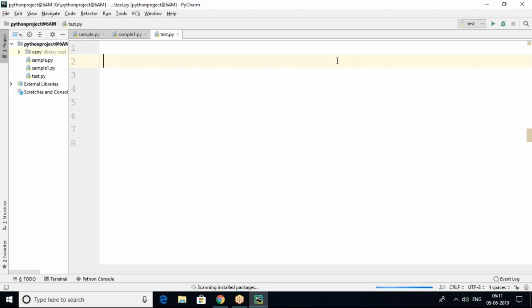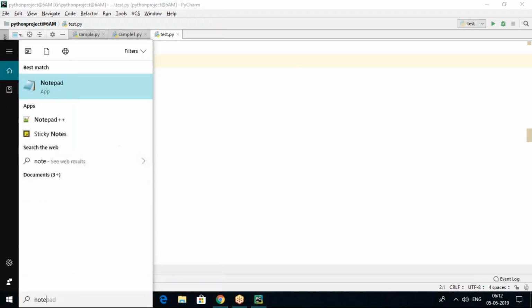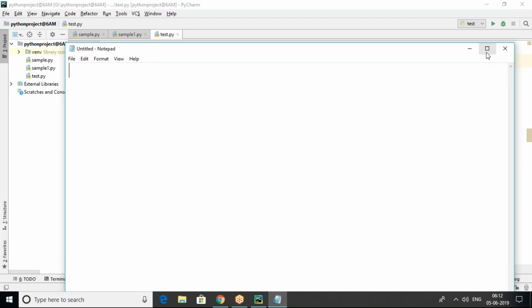Right, let's start today's session. In the last session, we discussed the modules concept in Python. We have seen user-defined modules and some predefined modules also. Predefined module means the math module, which we discussed just for mathematical operation purposes. Similarly, we have another predefined module in Python, that is the random module.